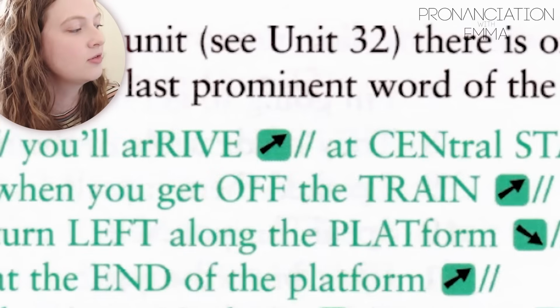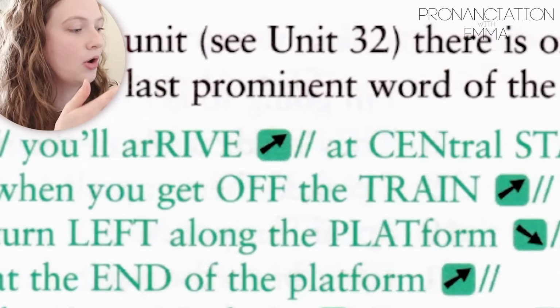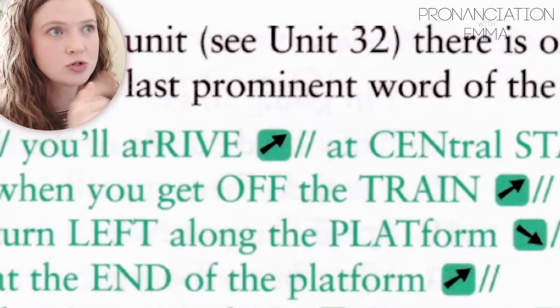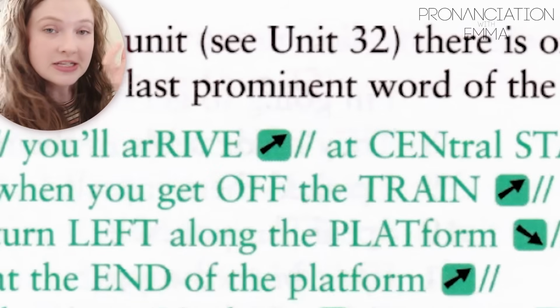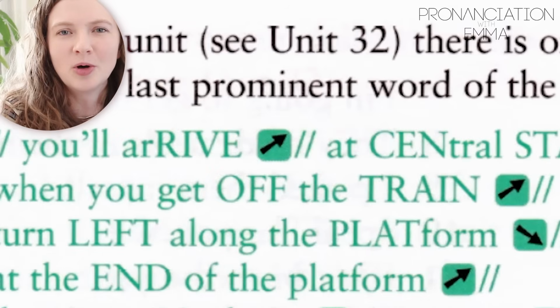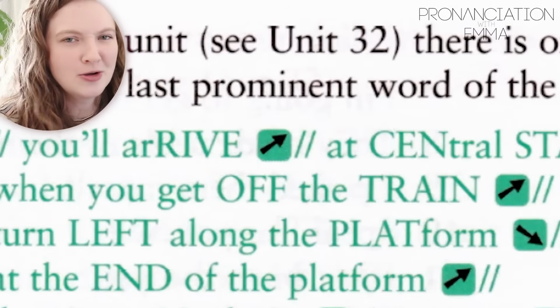Okay, then you've got these little lines, these kind of dashes, and these basically show the end of a speech unit. So you've got speech units, which I've not talked yet about on my channel, but I will do in the future. They're like sections of speech before you have a little pause. So every time you get these two little lines, it's basically a very short pause.